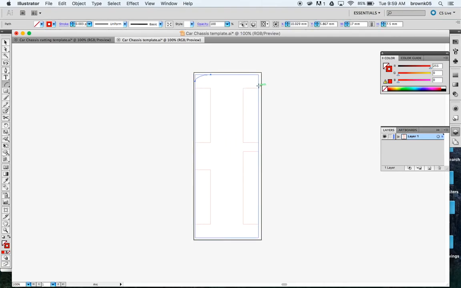To do the same on the other side, notice that when I have my mouse close to the right position and it's parallel to the other side, you'll see the green line, which indicates that you're parallel or in the same position. I'm then going to click. I'm going to get that to line up with the other part of my wheel,